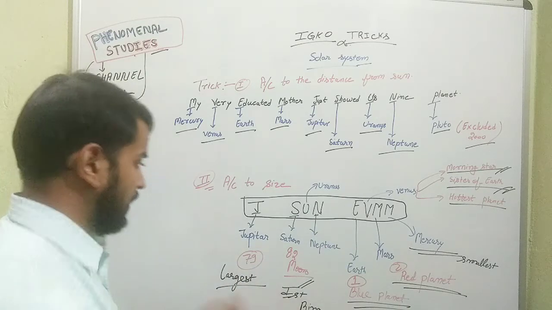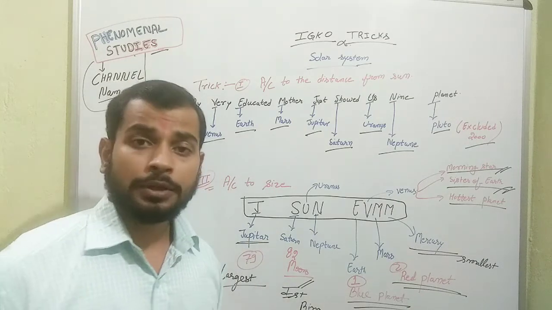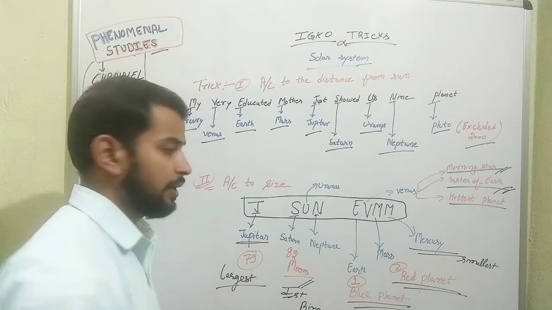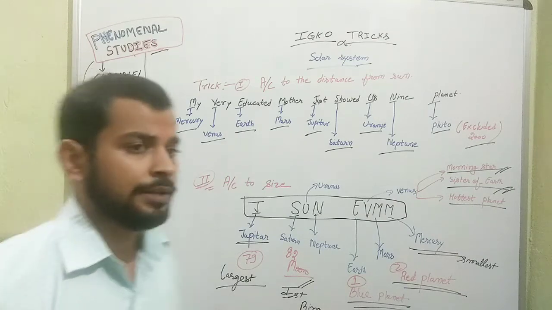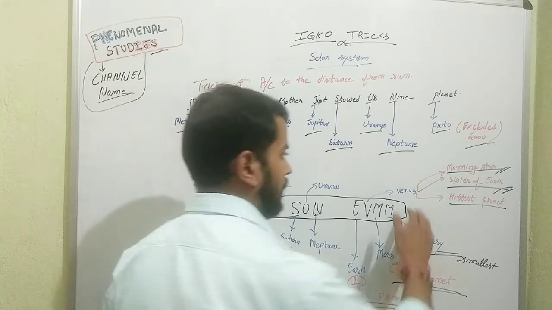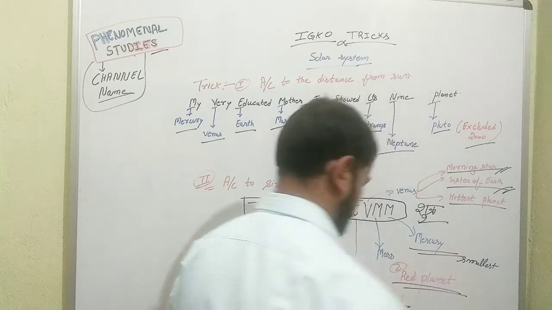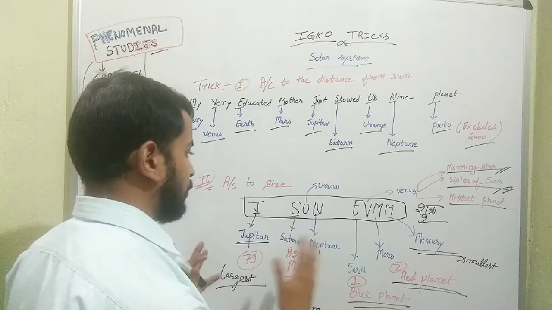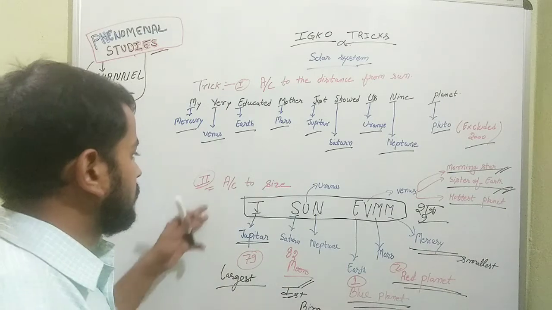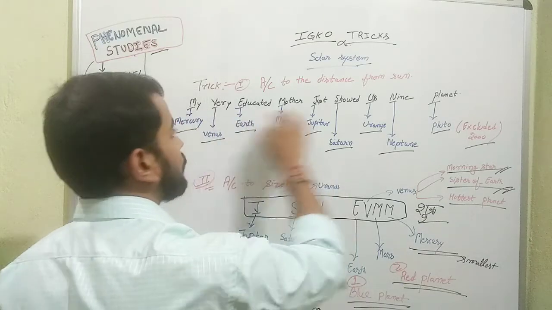Sukracharya. In the same way, Jupiter is named after Guru Brihaspati, the guru of the Gods. Jupiter was named after the name of the guru of the Gods, Brihaspati, and a day of the 7 days has also been named after him, Brihaspativar or Guruvar, as it is called. In the same way, Venus is also known as Shukra, so there is also a Shukravar. So both the gurus have their proper place in the calendar as well as in the planets. Okay, so that was the trick, my friends. You just have to remember this single line and